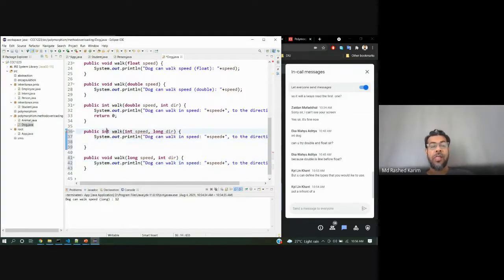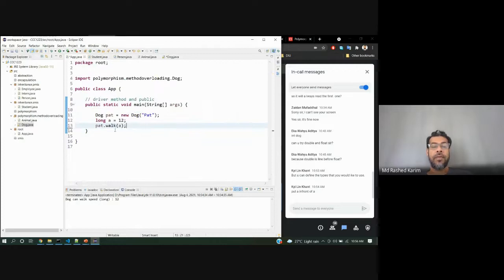Then if I call this, first I need to call 13, then 25. Hey, the problem is the ambiguity problem, okay? The method is ambiguous for the type. So what you need to do, you need to put a, then it is okay.